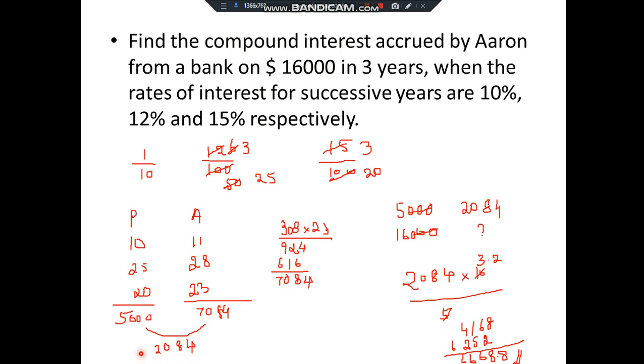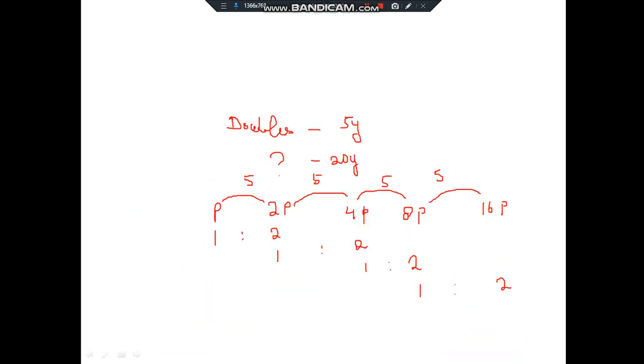So next, how will we form the equation. When your principal is 5,000, your compound interest is 2,084. But in our question our principal is 16,000. In that case, we have to find what our compound interest is. So simply cross multiply. Finally you'll get the answer as 6668.8. I hope you understood. Yes. So I hope you understood how to solve the questions when you get different rate percentages. Yes, so we'll move on to the next variety of question.